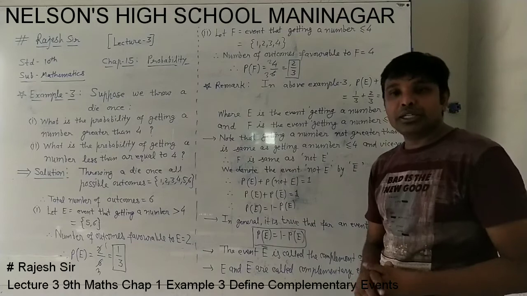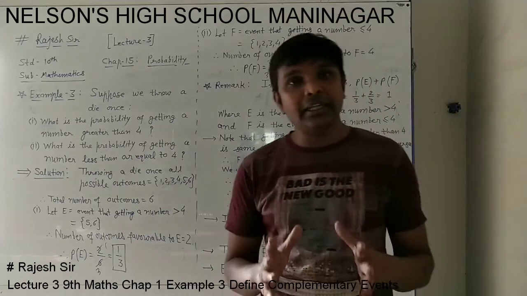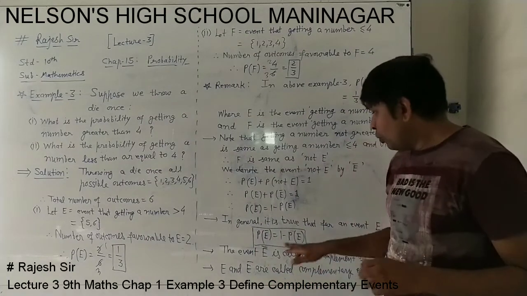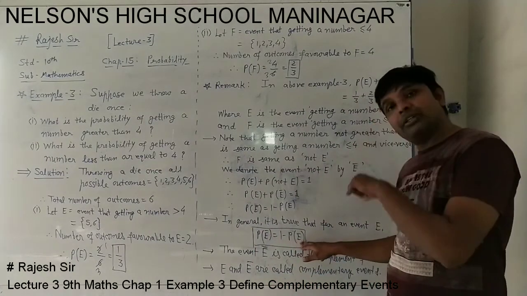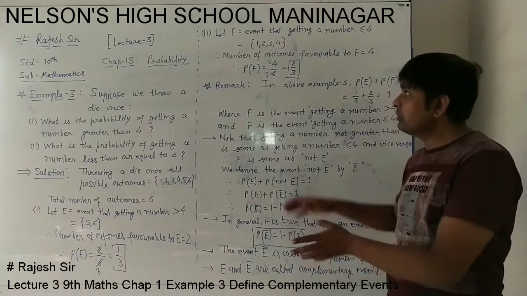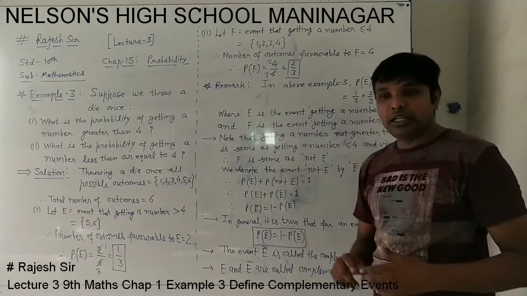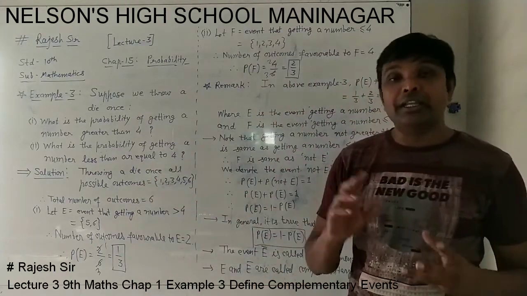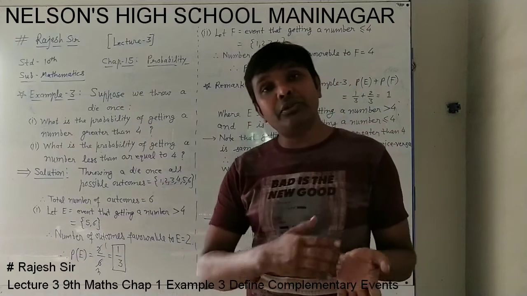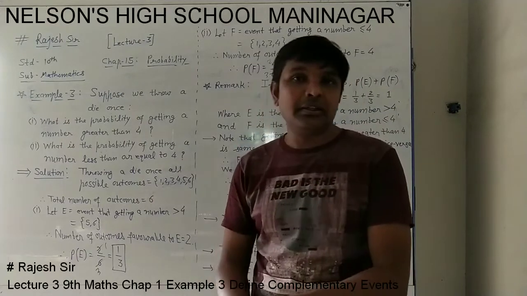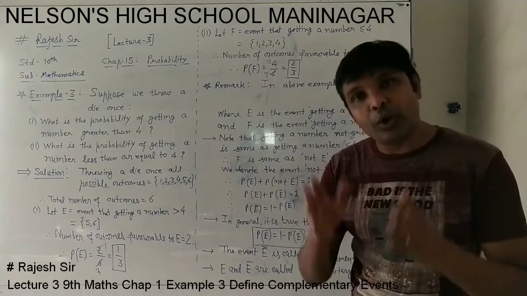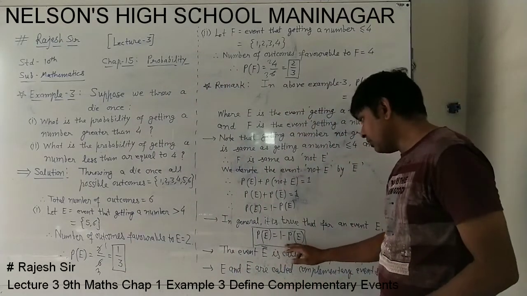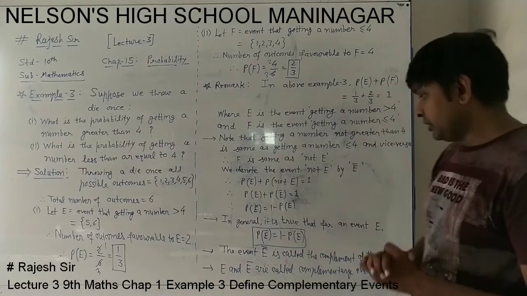What in general do we have to understand? If you want to find the probability of an event not happening, how can we find it? 1 minus the probability of that event happening. In this example, the probability of the event that is happening we can find first normally by the definition. And if we are asked the probability of the event that is not happening, very simply we do 1 minus the probability of the event that is happening. This is what P(E bar) equals 1 minus P(E) suggests.